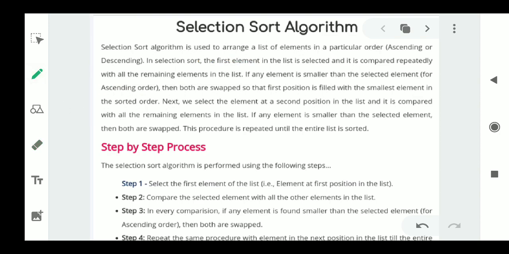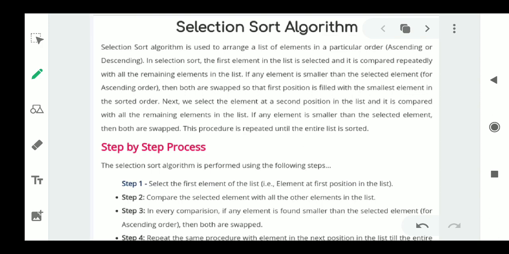While comparing, if any element is found that is smaller than the first element, we swap both elements so that the first position is filled with the smallest element in the order. You will understand this very clearly while discussing the example.